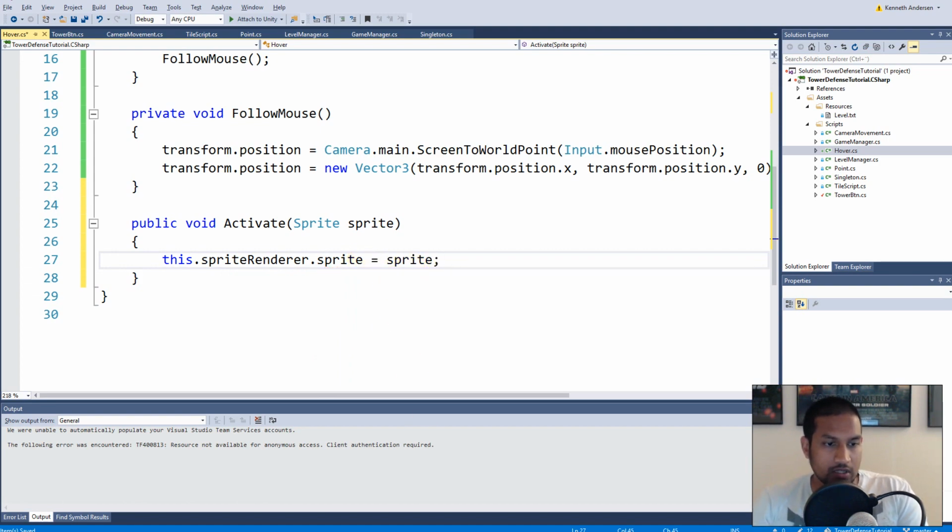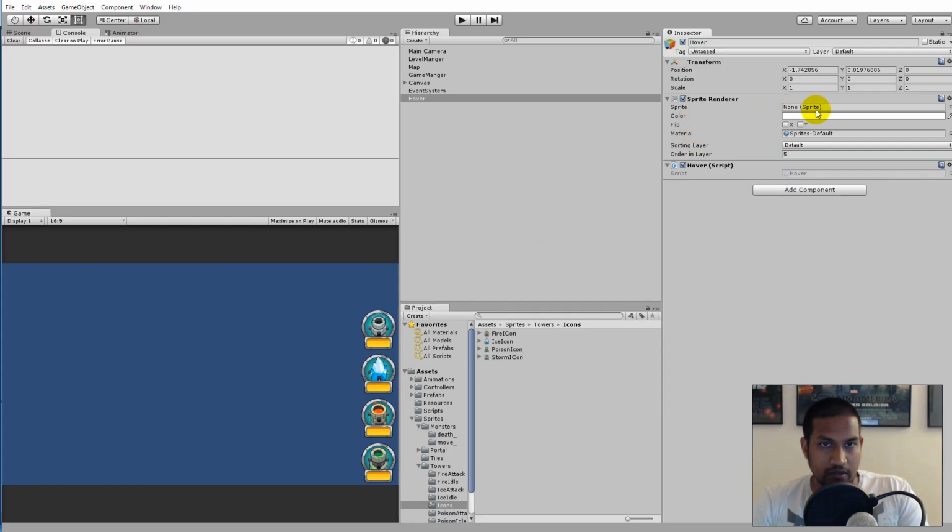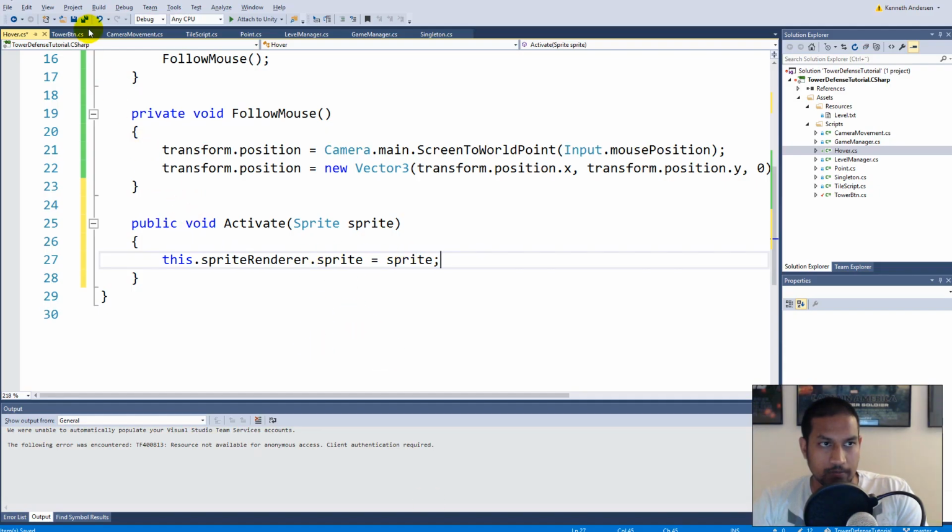So now we're setting the sprite here equal to the sprite we're giving the function whenever we call it. Okay, so now we can activate it. There's a few more things we'll have to switch around and add, but for now this is actually totally fine. Yeah, so next thing we'll have to do, we will have to make sure that this is enabled whenever we